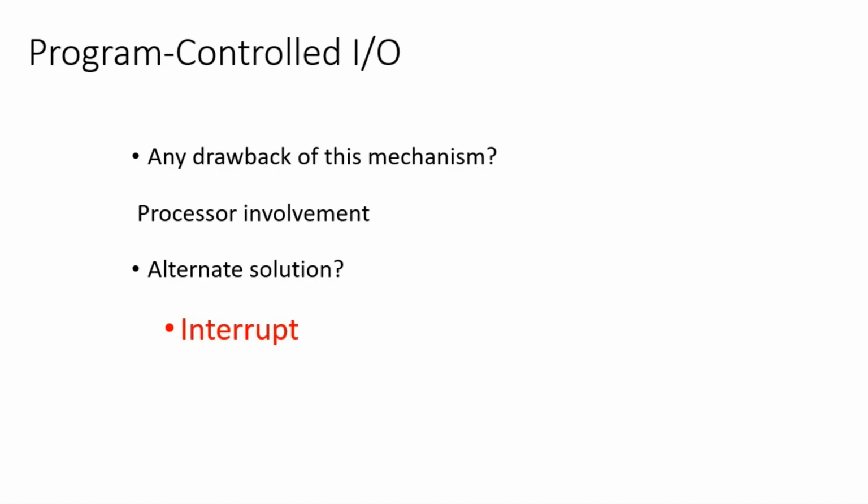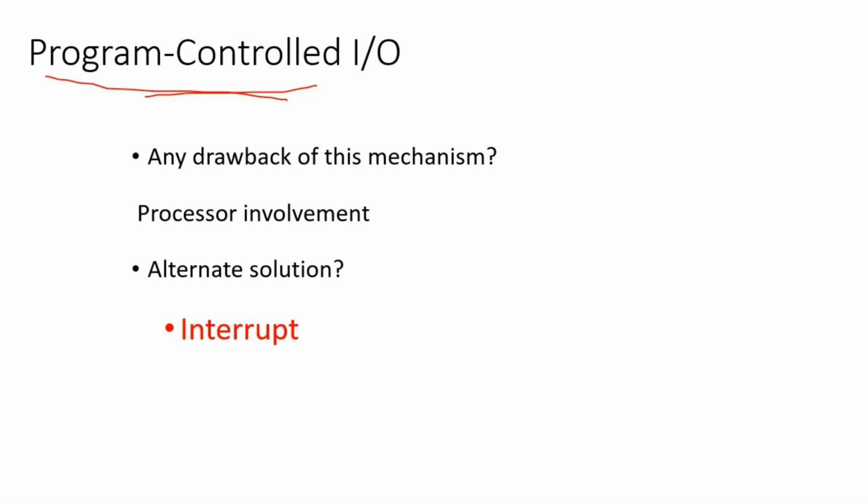We initially studied what program controlled I/O is, then we found some issues in that, then we found a solution using the signals SIN and SOUT, and then we studied how it can be implemented. Then we studied memory mapped I/O and how program controlled I/O is implemented in memory mapped I/O. So now after all this, there is one more issue in program controlled I/O. Throughout the program, if the processor finds that there is an input operation to make, then the processor begins the input operation. It checks whether the keyboard is ready, and keeps checking until the keyboard is actually ready and gives the data.